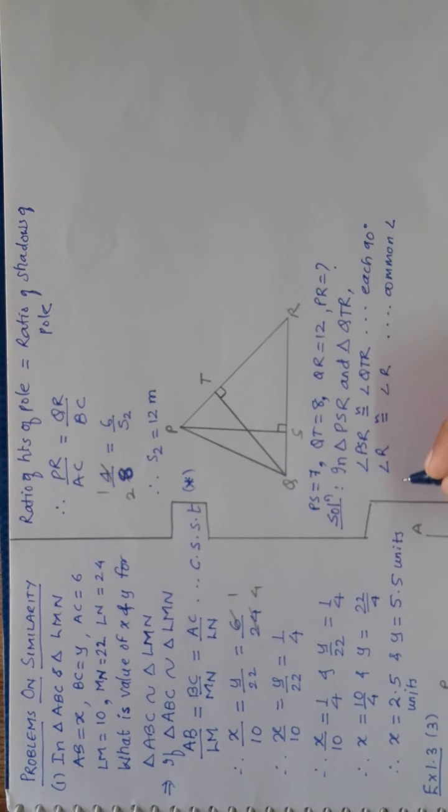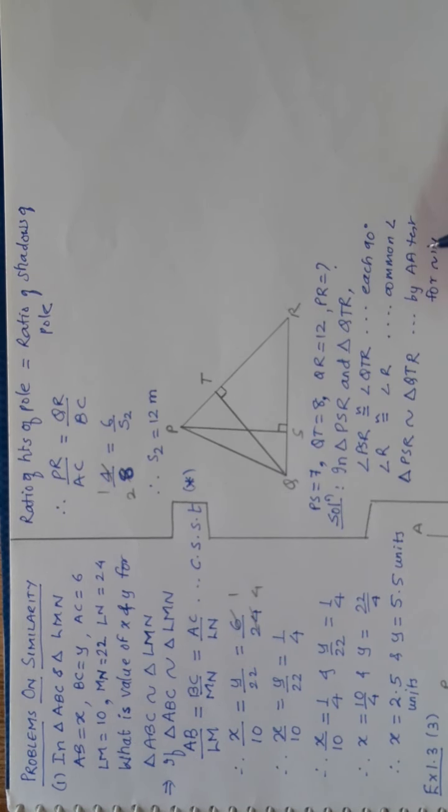So triangle PSR is similar to triangle, and the second one. Here angle R came with angle R, angle R in third position, so angle R in third position. S came with T, so S in second position, so T came in second position. Agreed? And only one remained. And what is that now? Out of this, T and R are used. So here only Q remains. This is by the AA test for similarity.